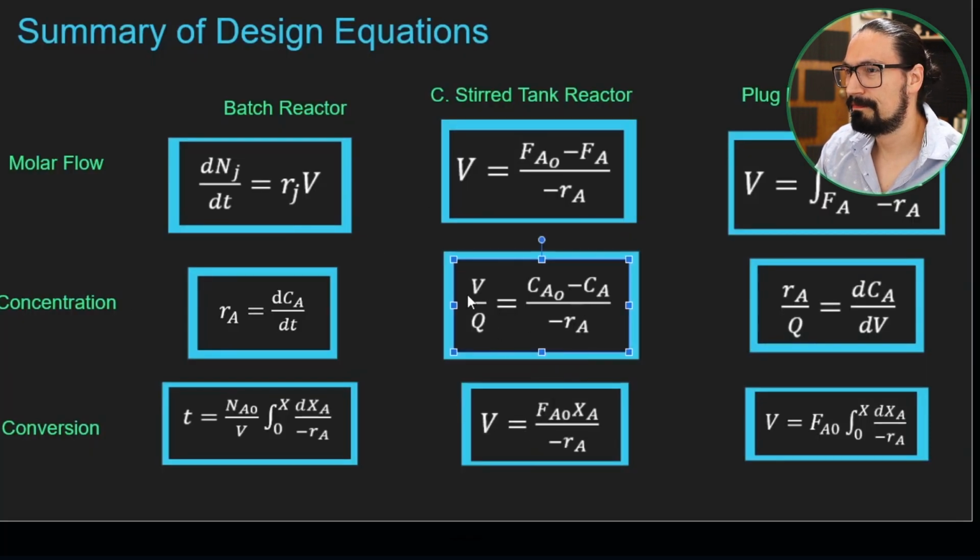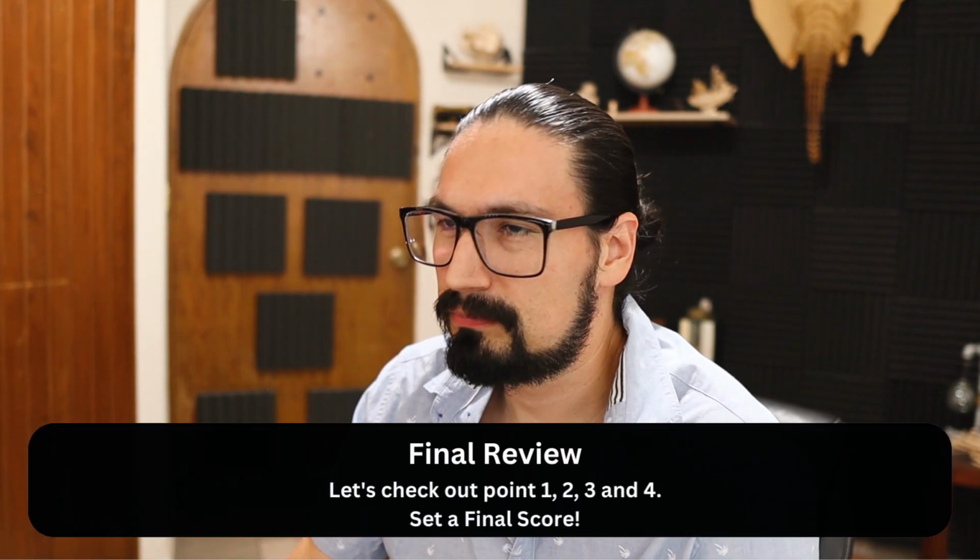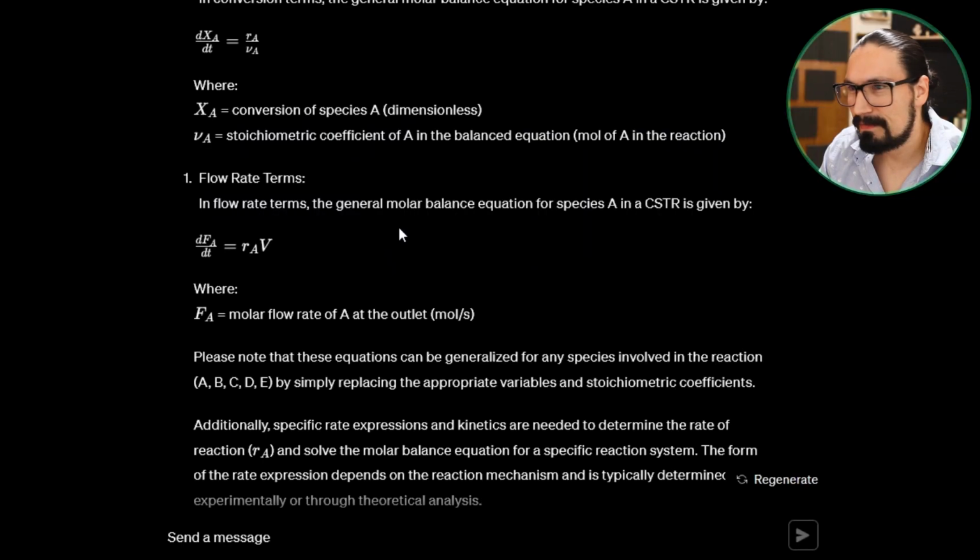Now the one on conversion, no, I didn't like it that much. And the one of flow rates, no, I didn't like it that much, because if you were to integrate this, there is no change with respect to time in the CSTR. So technically speaking, the rate of reaction of A times volume is going to be 0, which doesn't make much sense. If we were to score out of 10, I would score this maybe 3 out of 10